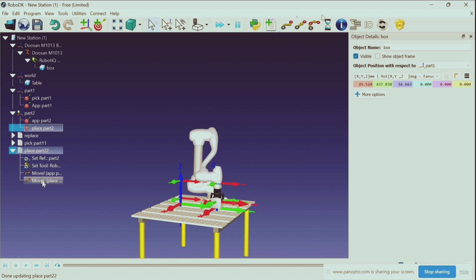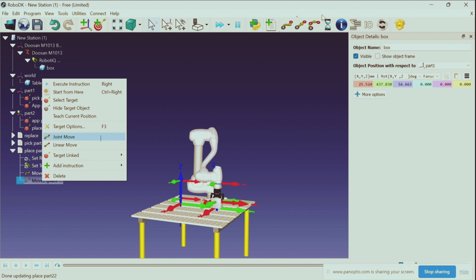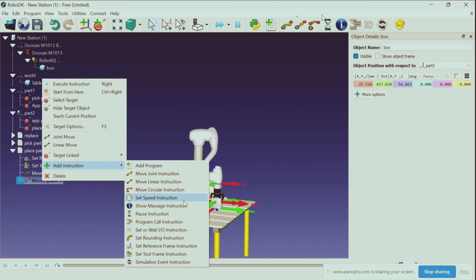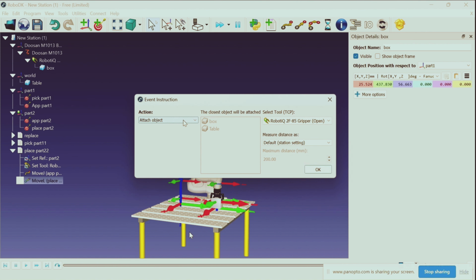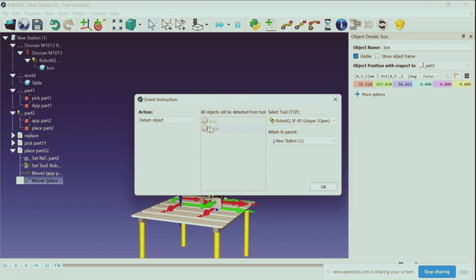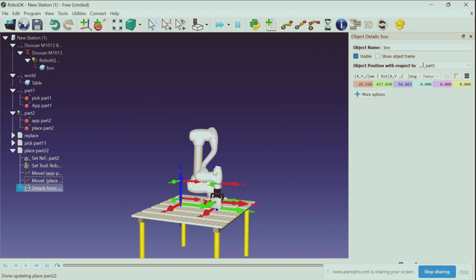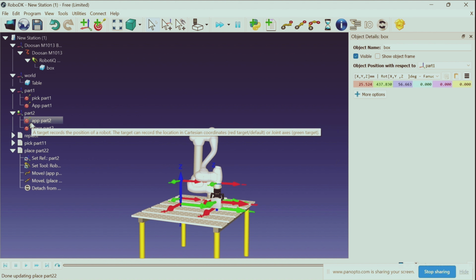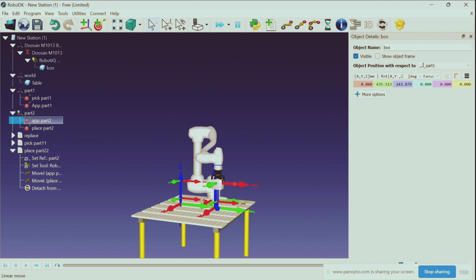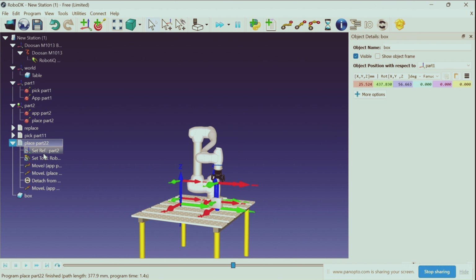So for this move command, you need to give an instruction called detach object. So the detach object action makes it release the object from the grip. Okay. Then release like this. So again, it should move upward. Then you give again a move command. Same thing. Okay. Then now if you run this program,